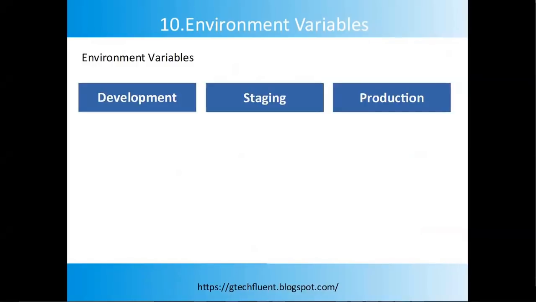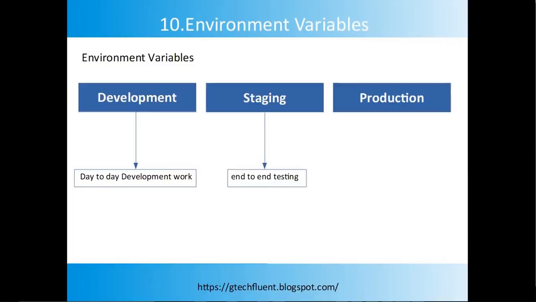The environment variable indicates the runtime environment in which the application is currently running. One question that comes to our mind is why we need different environments like development, staging, and production. In the development environment, we software developers typically do our day-to-day work. We want non-minified JavaScript and CSS files to be loaded in the development environment to make debugging easy and testable.